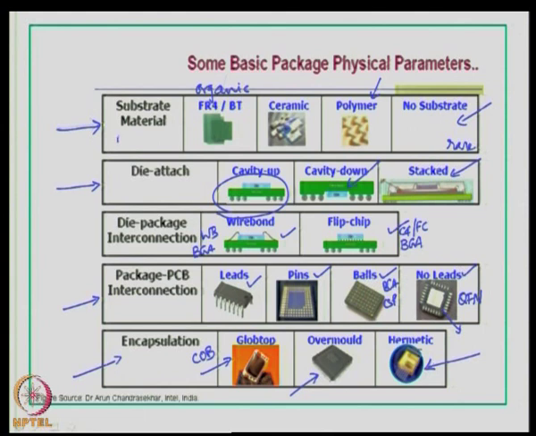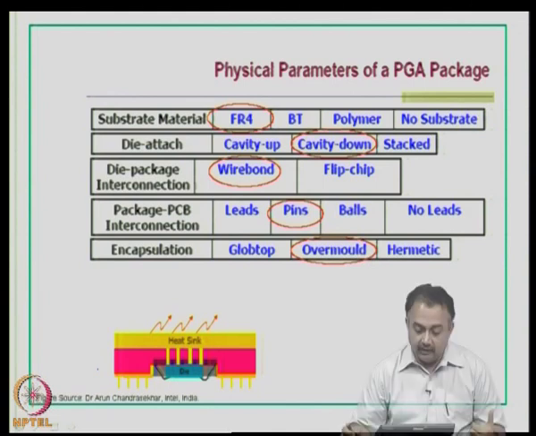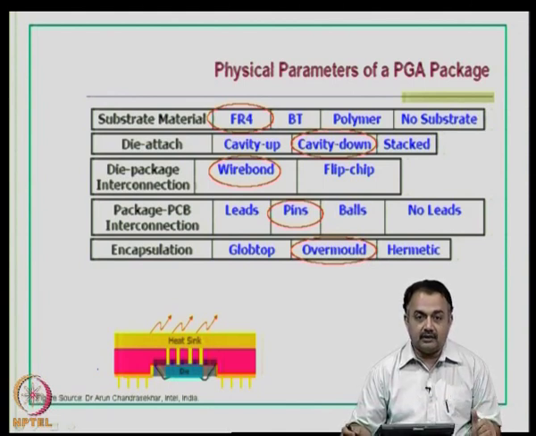The first is a substrate material, then what is the die attach, third is the die to package interconnection, fourth is the package to PCB interconnection, and fifth one is the encapsulation. So, if I give you a kind of a quiz, for example, if I say look at this particular chart and I have marked certain identities in red, that is,